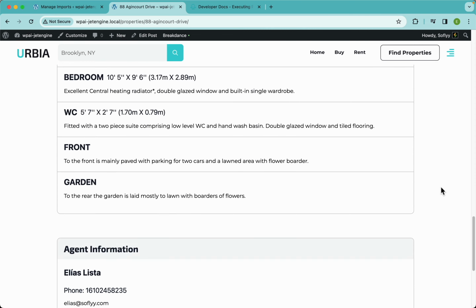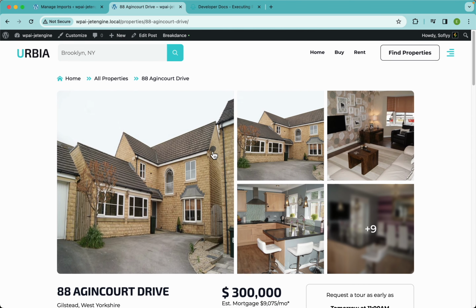All right, so there you have it, folks. That's how you import JetEngine custom fields using a CSV file and WPL Import. Now, if you want to learn more about how to import or export other kinds of data, maybe how to import ACF custom fields, maybe WooCommerce products, maybe WooCommerce orders and whatnot, just check out the other videos in our